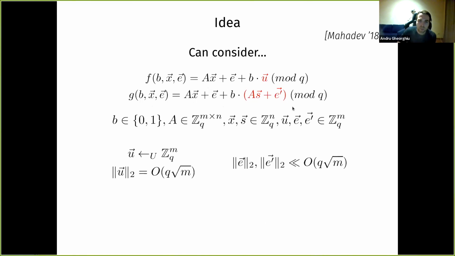What this means is that for this f function, if you assume that these inputs are random, and constraining that this e vector should be a low norm vector, so you only randomize over vectors of very low norm, this function with high probability will be injective, whereas this other function is very likely to be 2-to-1. There are very likely to be collisions because your outputs are always close to the image of the matrix A.